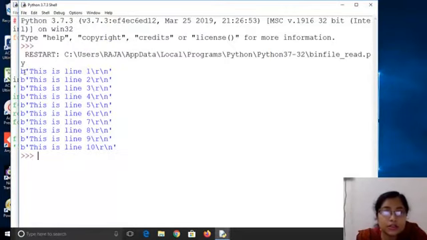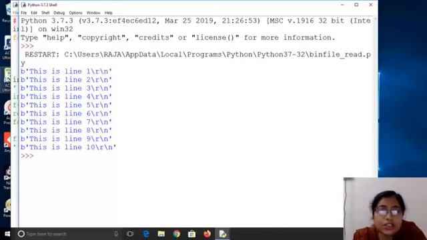See the difference. There are some non-printable characters that are appended to the text we use to write a text file. That is the new line, that is the form feed. This portion is appended at the beginning of each and every line, this portion is appended at the end of every line, and this is the new line character.